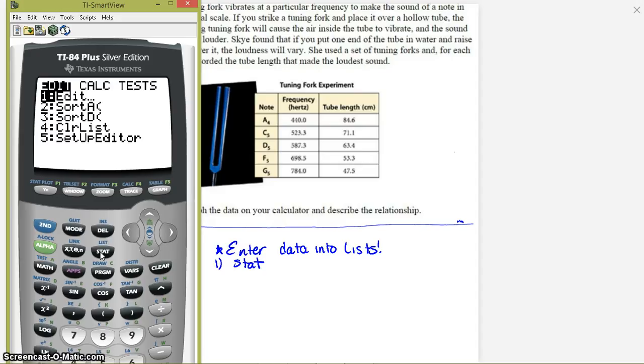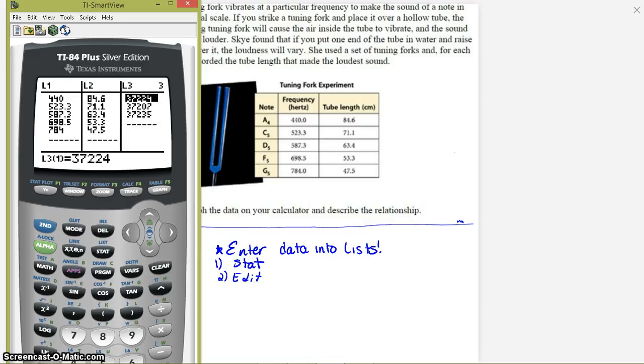I'm just going to hit enter because that says edit. You're going to edit your lists. All right, and I've already put this data in. So you can see in list 1, if you just type in the number, so that was 440, and hit enter in your calculator, it'll take you down so you can put the next number in. So I've put my X values into L1, this becomes important to remember, and I've put my Y values into L2. So then after you hit edit down here, I'm just going to hit enter data,